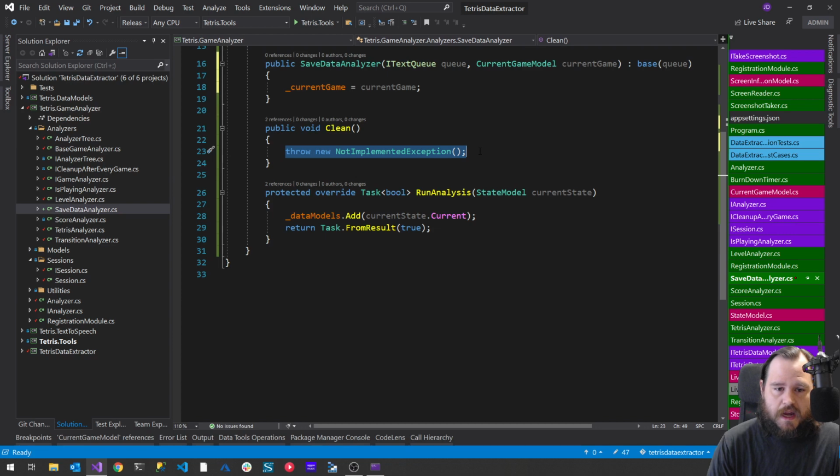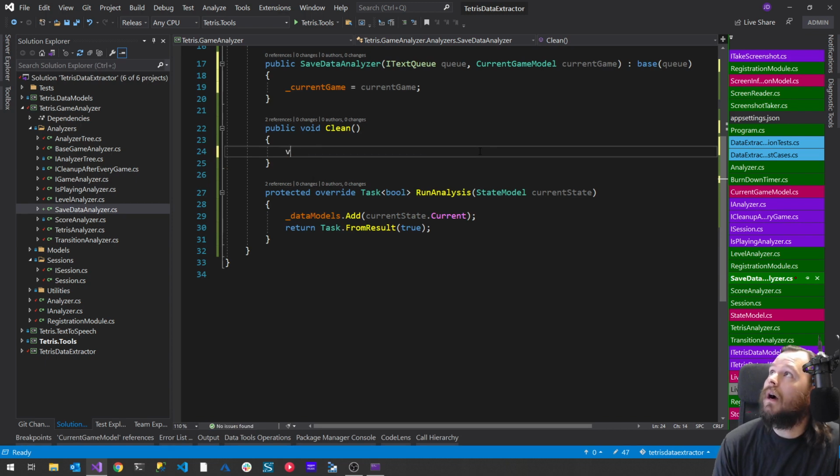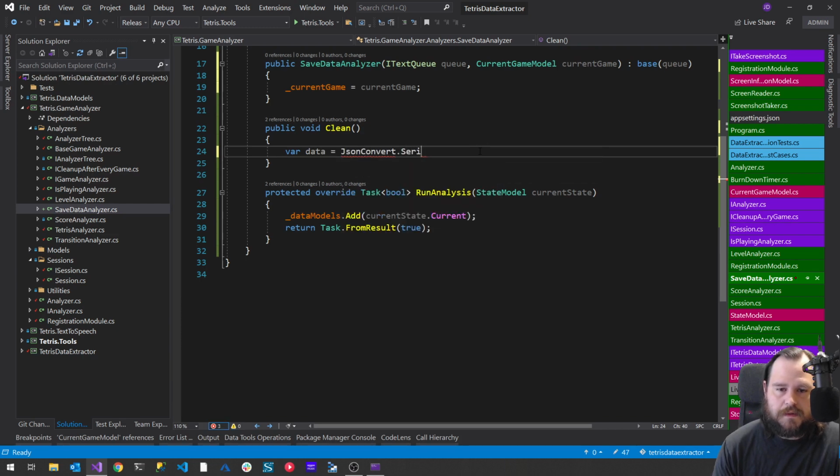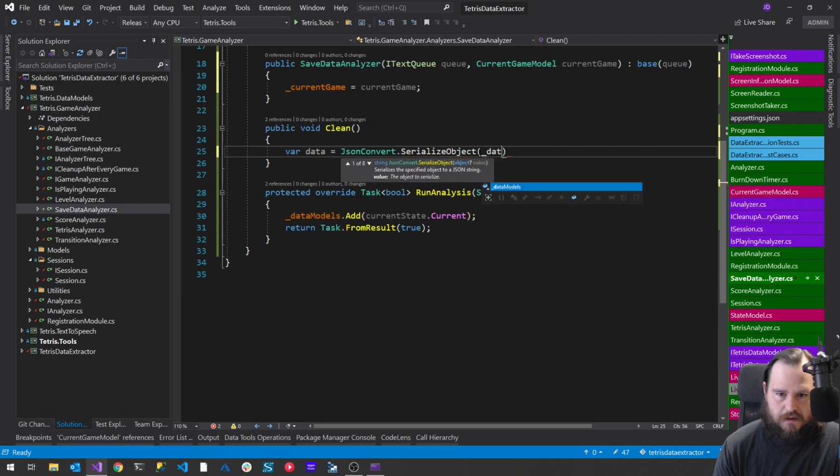First, we're going to say var, well, we'll go file, whoops. Let's go var string data equals. First, we're going to have to serialize all of this data. Data models,